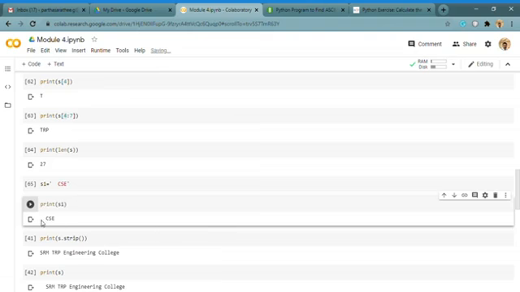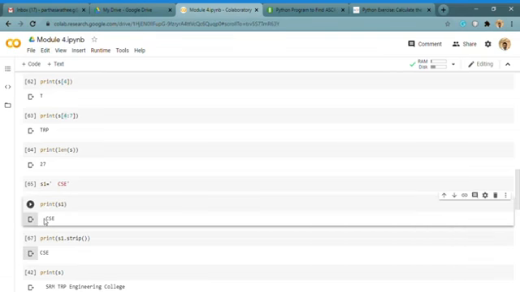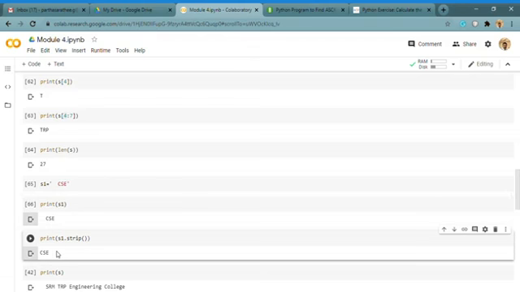Here we have blank spaces. If you want to remove any blank spaces in your string, we can go for the strip function. Now I am using the strip function for my string S1. It will remove the space available in your string. That is the advantage of strip.